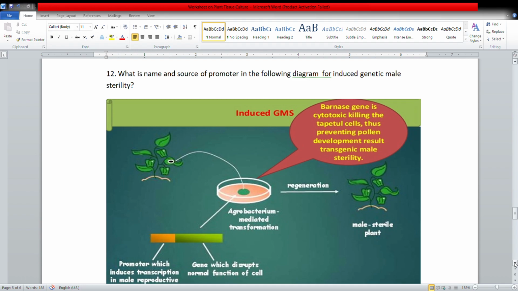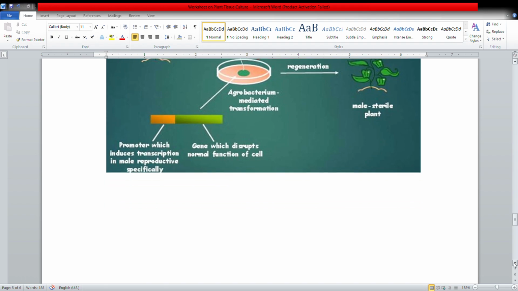So our BARNASE barstar system is only functional with the strong promoter, that is CaMV35S. Okay, such a BARNASE barstar system is very helpful for the production of a good variety of hybrid seed through creating a male sterile line. Okay, so the BARNASE gene is a cytotoxic gene, killing the tapetal cells, thus preventing pollen grain development, resulting in transgenic male sterility. CaMV35S promoter. Next, you know,